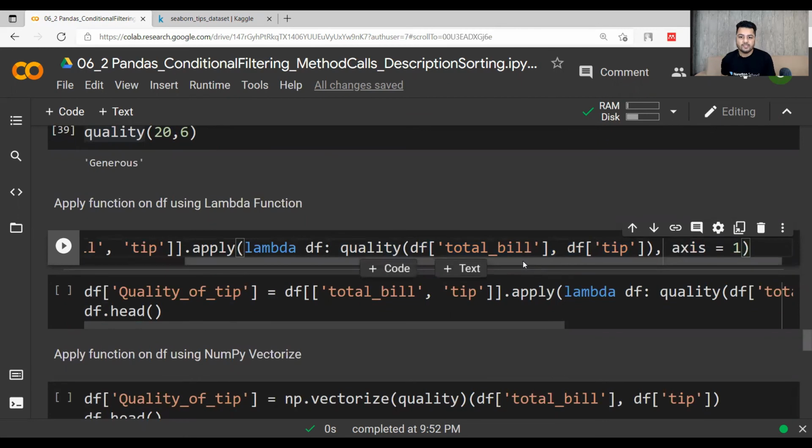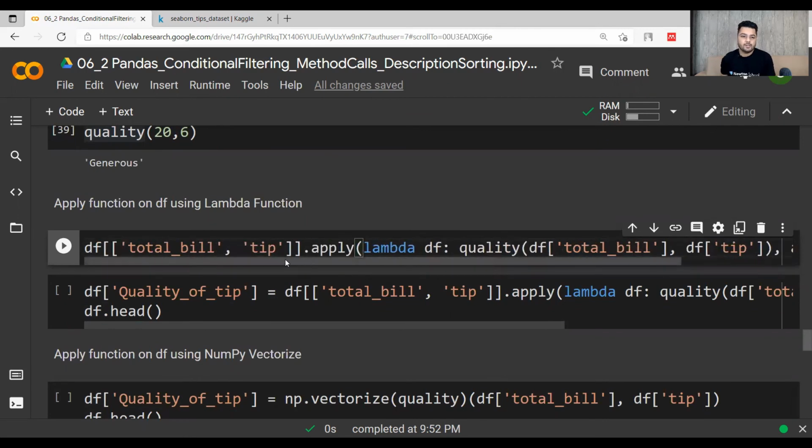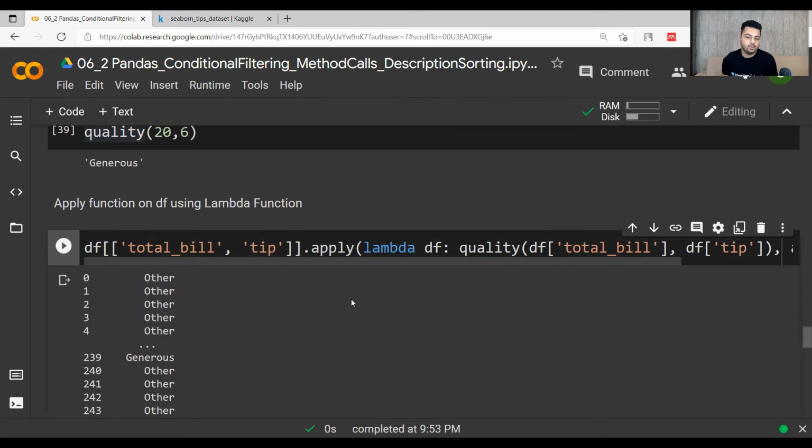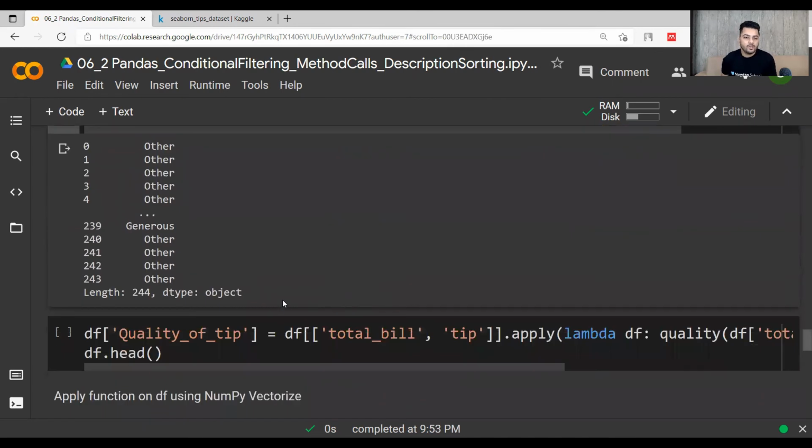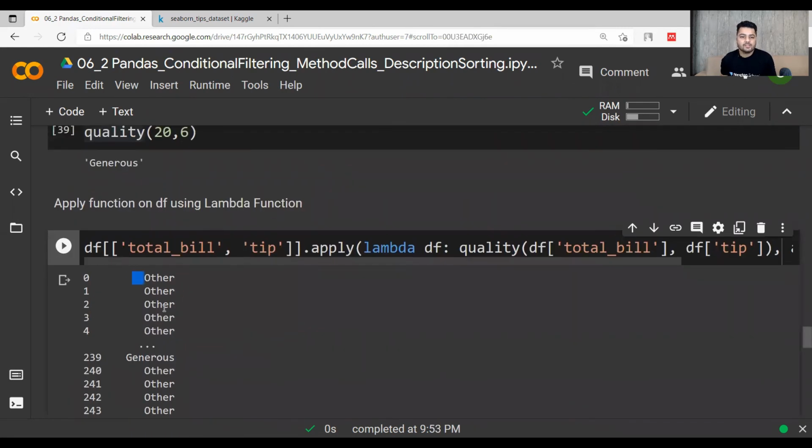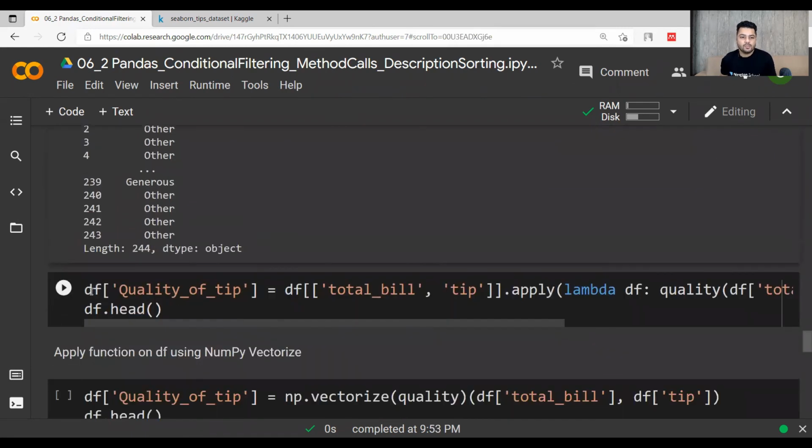It means column wise you are doing it, and you get the values, whatever the value comes out to be, generous or other, right?